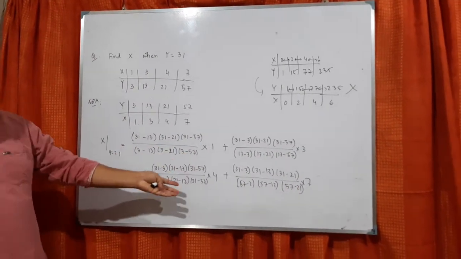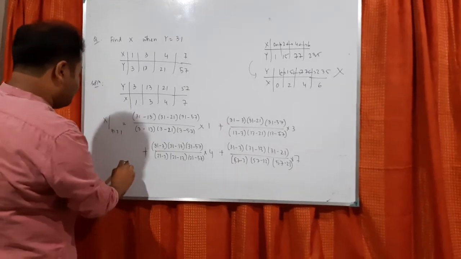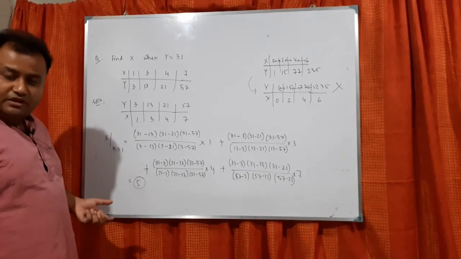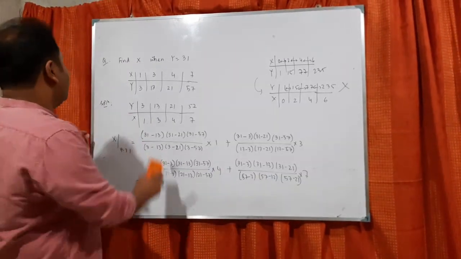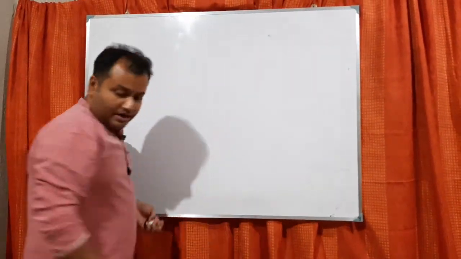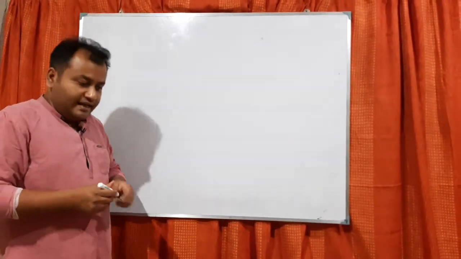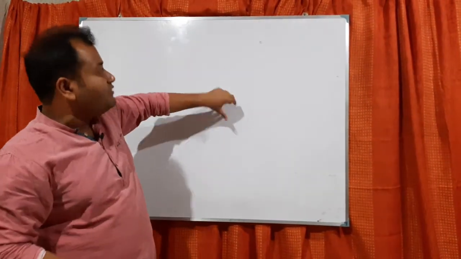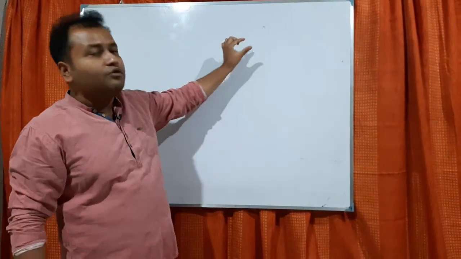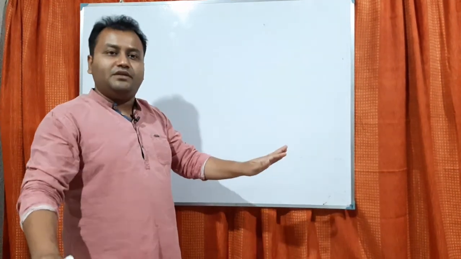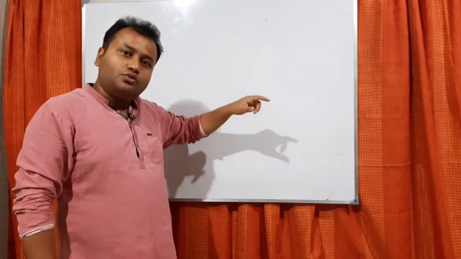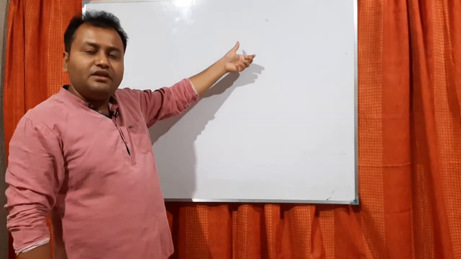So simply if you use your calculator, you get the final value, and in this case you probably get the value 5. So this is the inverse interpolation for the Lagrange method. Now you see we have done inverse interpolation for Newton's method as well as for the Lagrange method. So what is the facility and what is the problem? In Newton's method, you can't simply revert the table, because if you revert the table, then the upper coordinate will not be equispaced. So Newton's formula will not be applicable. But the Lagrange formula is applicable for non-equispaced intervals also. So we can easily revert the table and do that.